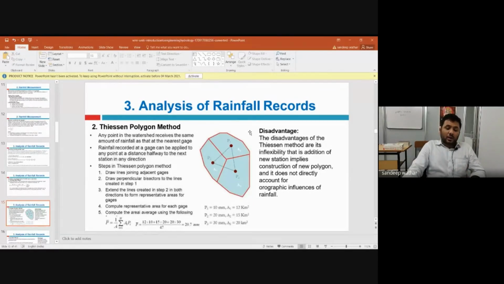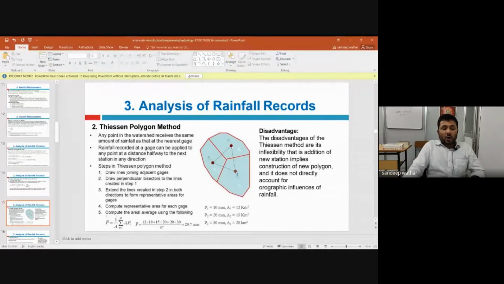Okay. Now, first, what we'll do is we'll create a network of these stations. Okay, and this network is generated by set of triangles. Okay, now we have 1, 2, and 3. First, what we'll do is that we'll connect all these three rain gauge stations. Now, see here. This is P1. P1 is connected to P2. P2 is connected to P3. P3 is connected to P1. Okay. Now you can see that all these are interconnected, and it is connected like a triangle itself.